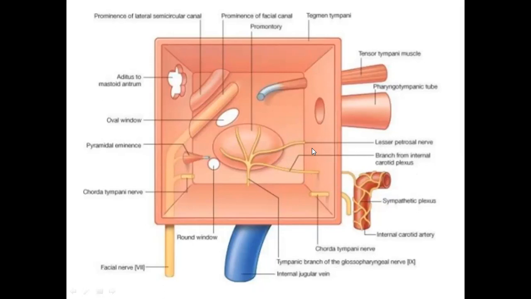These preganglionic parasympathetic fibers relay over the otic ganglion and become postganglionic, and after relaying in the otic ganglion, it contains the secretomotor fibers, and it goes towards the parotid gland and supplies the parotid gland. So the lesser petrosal nerve is a branch of the tympanic branch of the glossopharyngeal, and this relays over the otic ganglion in the infratemporal fossa, and after that the postganglionic fibers go to the parotid gland, and it contains the secretomotor fibers.